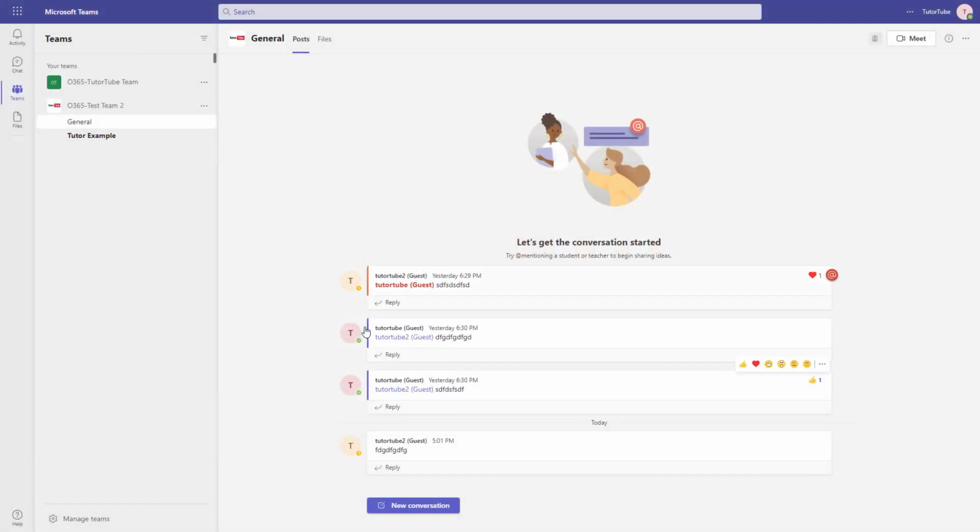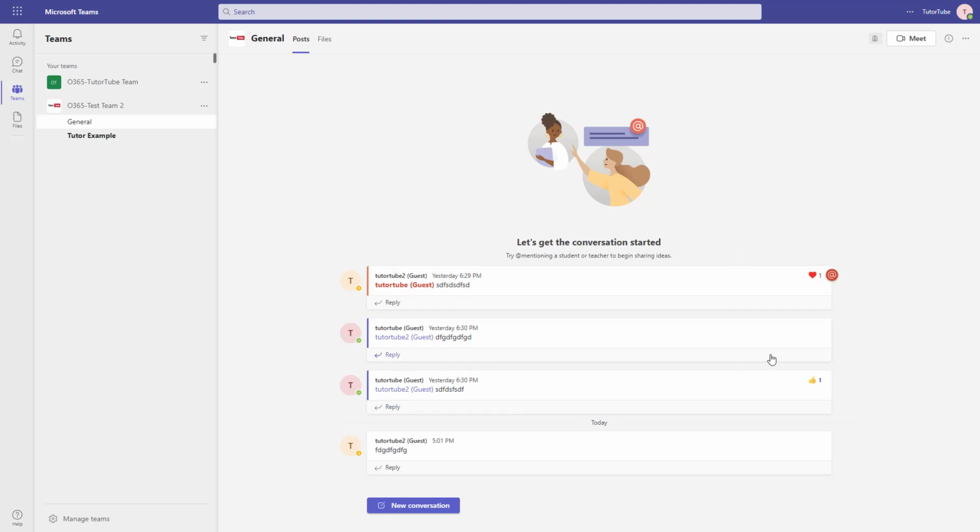So over here you can see that I have a bunch of messages, and let's say what you want to do is save out those messages so that you can refer to them later. Especially when you have a lot of messages that you want to refer to later, you can save out